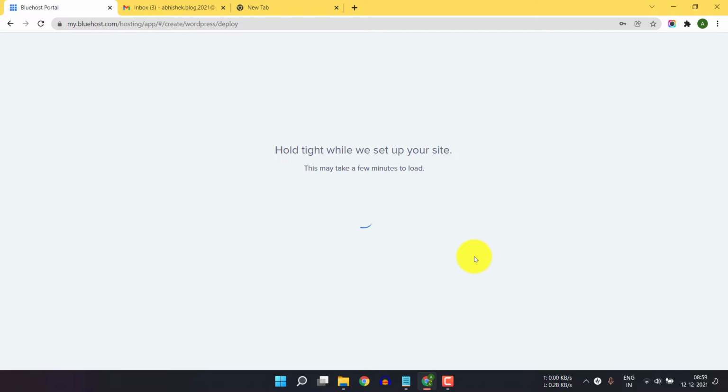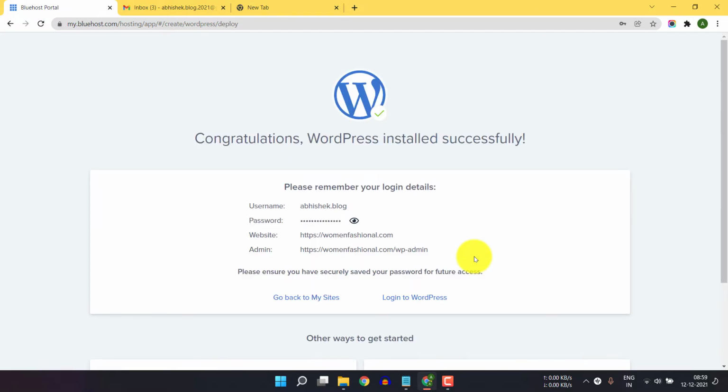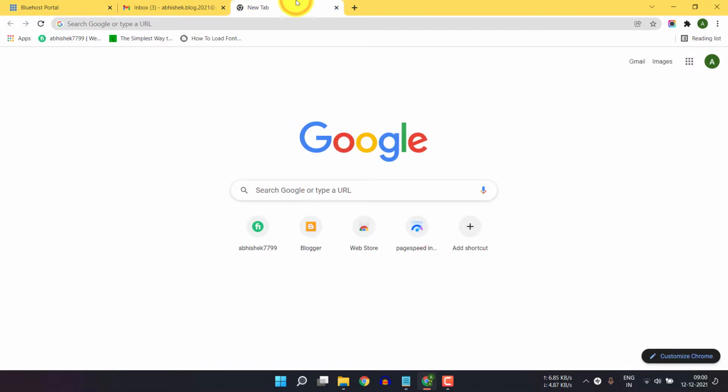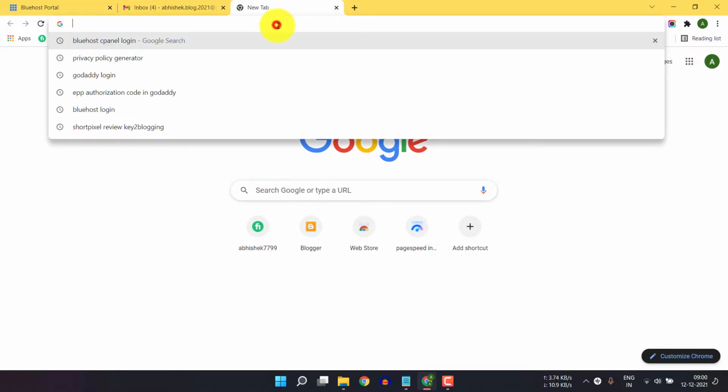So let's wait. Okay, now WordPress is installed successfully on this domain, and here as you can see, this is the website and this is the admin panel. So let me just copy this admin panel link here, and let's open this in a new tab.